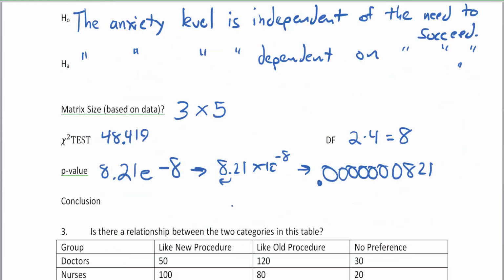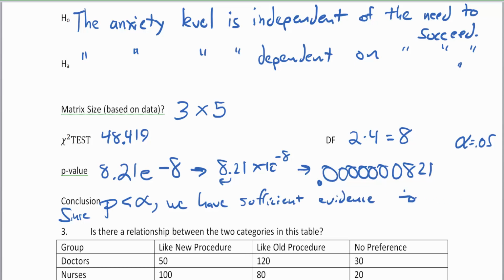You witnessed an incredibly rare event, and the conclusion is, because again no alpha was given, you have to assume your alpha is 0.05. Whoa! Is 0.0000008 less than 0.05? I think so. The p-value is less than the alpha, and since the p-value, S-I-N-C-E, I wrote sine. I must have been doing a lot of trigonometry lately. Okay? Since the p-value is less than alpha, we have sufficient evidence, overwhelming evidence,